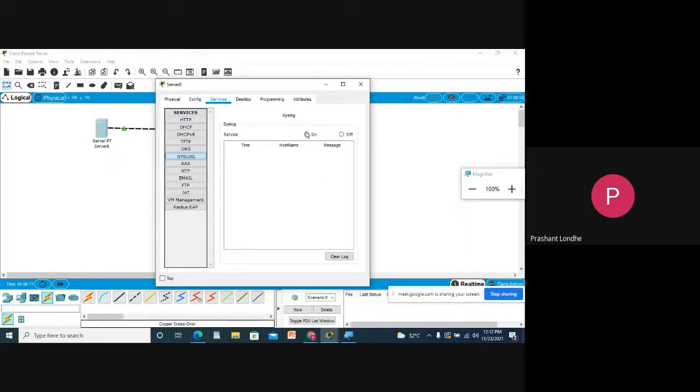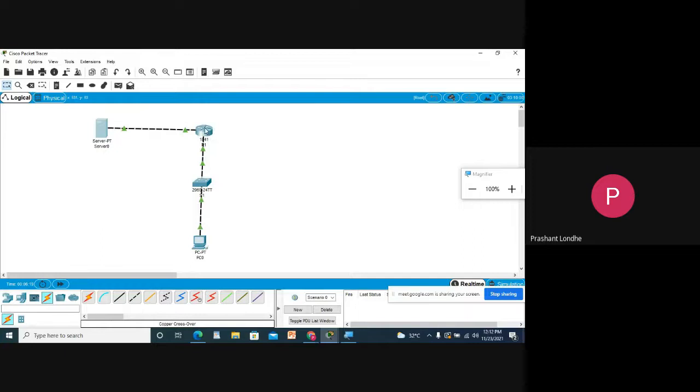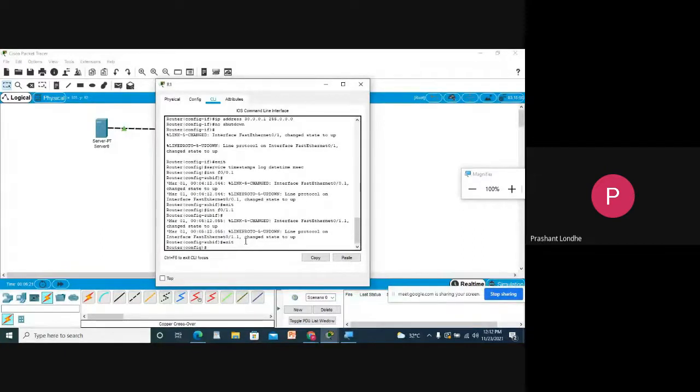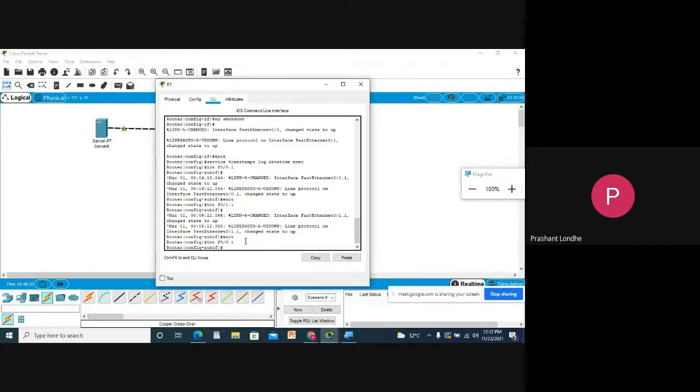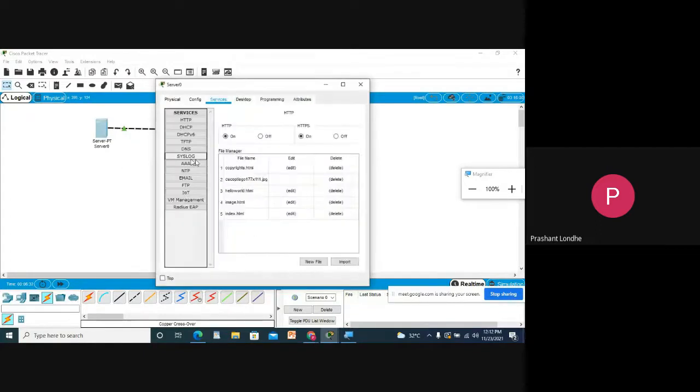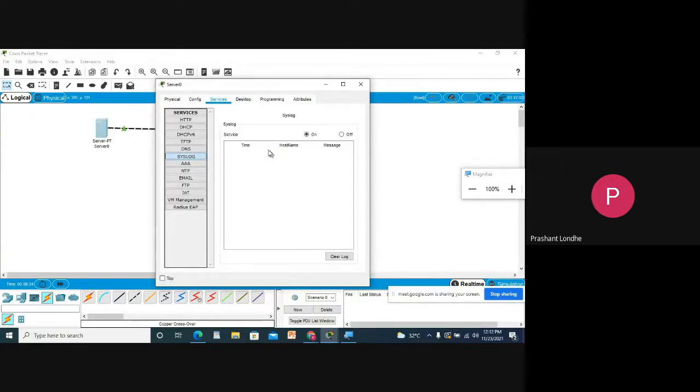So let me check again. f0/0.1. Okay, whatever information you are sending will be reflected over here. I think it will take some time, but definitely it will be reflected over here.